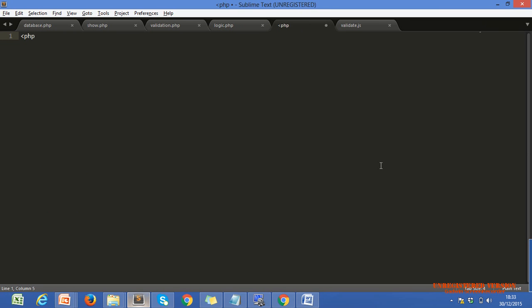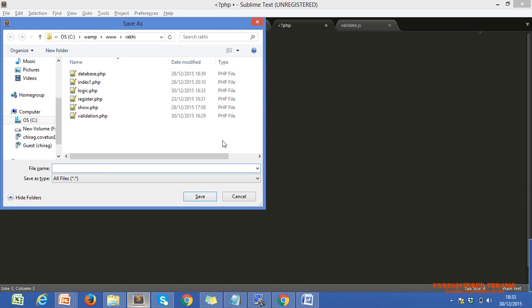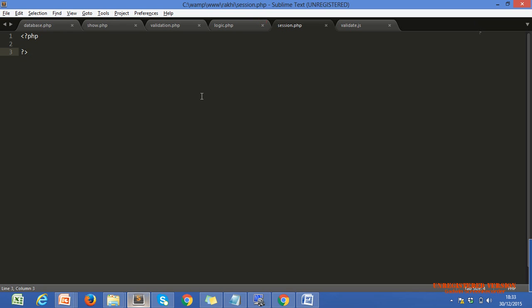PHP code within this file. Now, session.php is also there. Session is one kind of global variable. Why do I say global variable? Because if you want to access any information throughout your website, in your whole website, if you want to access some information or